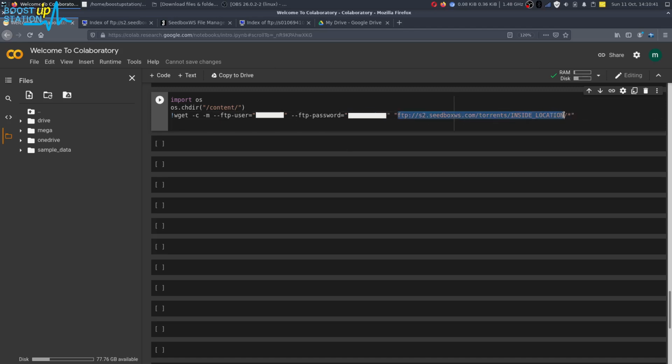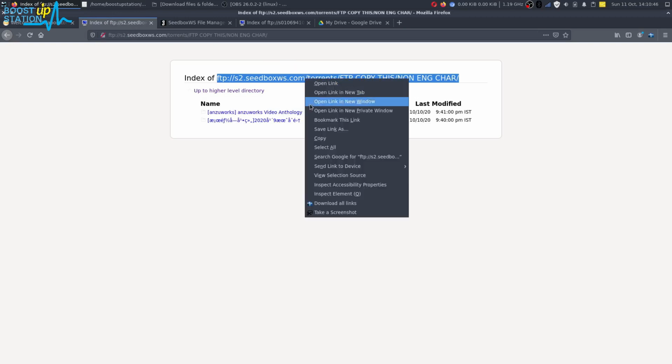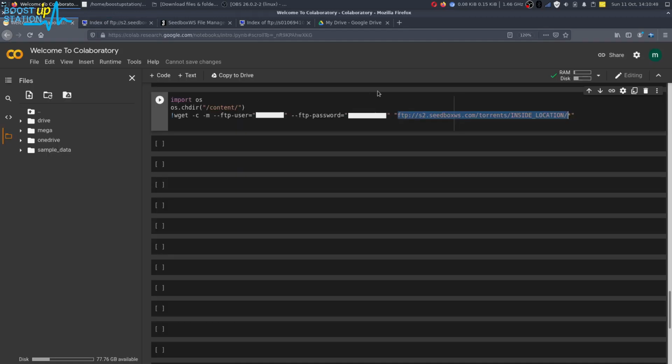Now copy the location from here, right click, copy, and paste the location here. Make sure you place a forward slash and a star at the end of the folder name, so that it will download the files and folders inside this folder.